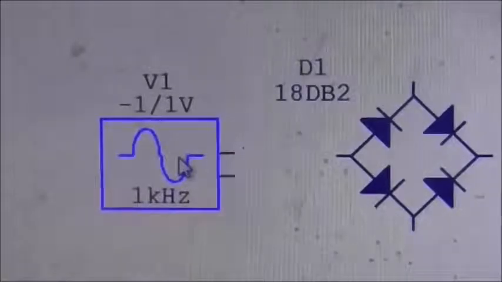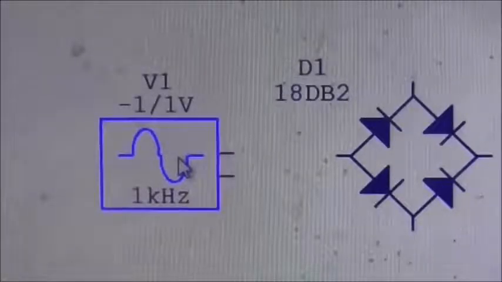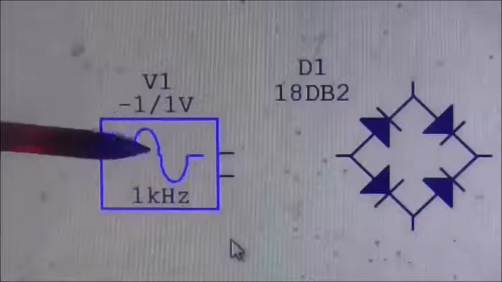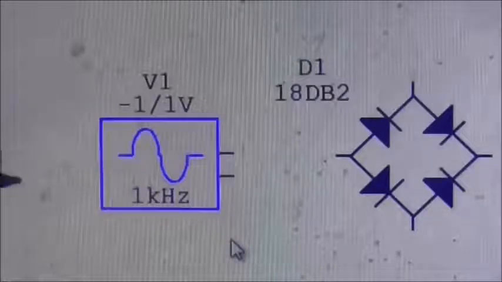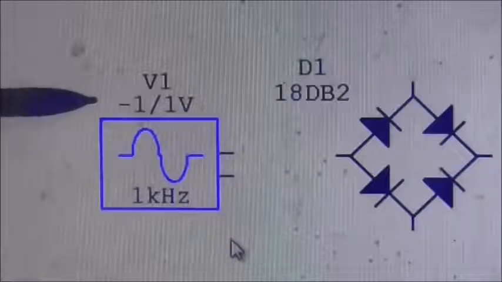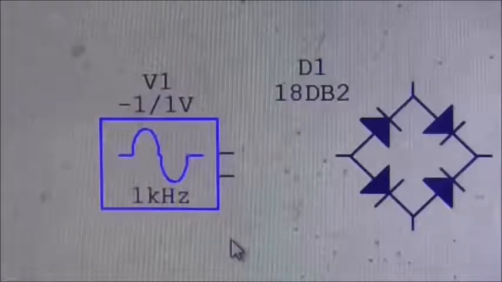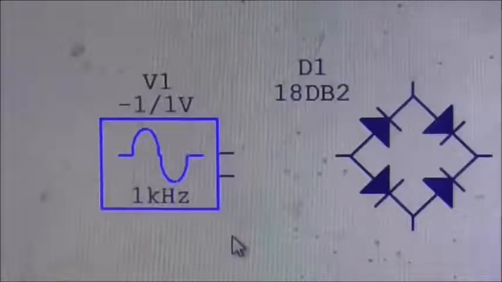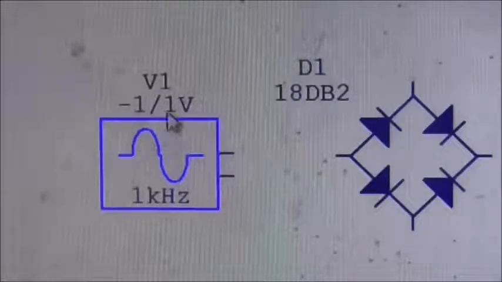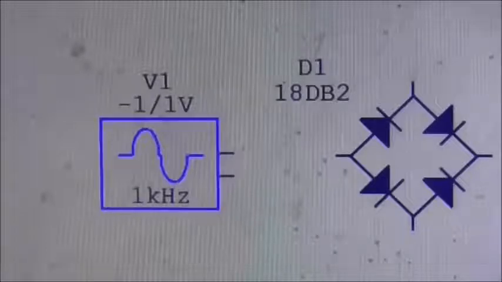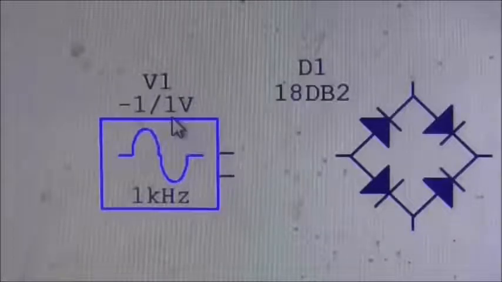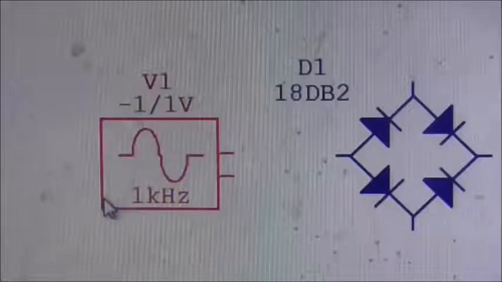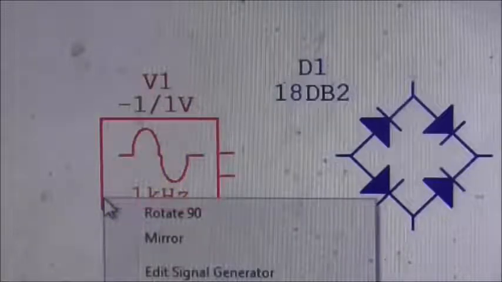because at the moment it's putting out a sine wave. You can tell it's putting out a sine wave because that's a picture on the generator itself. And the amplitudes of the sine wave are -1 and +1 volts, and they are the maximum amplitudes, not the RMS. Now what I'll need to do is select that thing. So back to my select button, and I turn it red by clicking on it, and then I right click to bring up